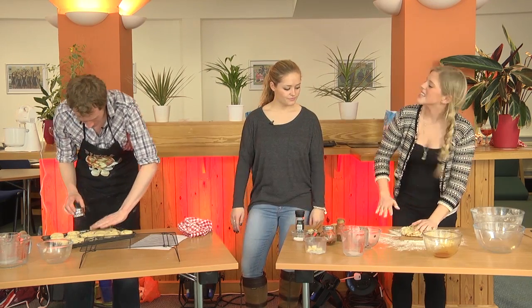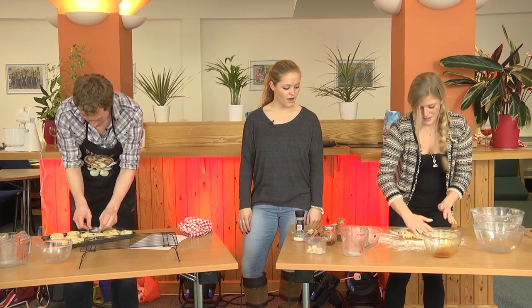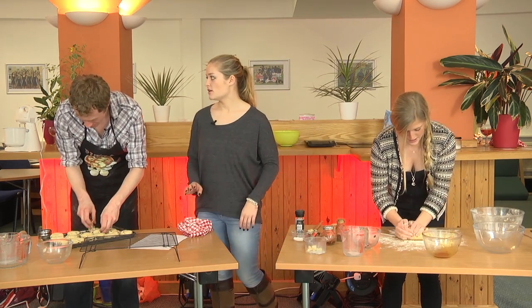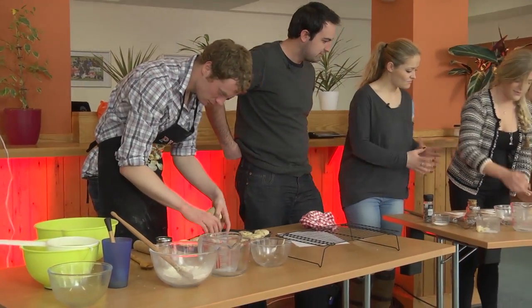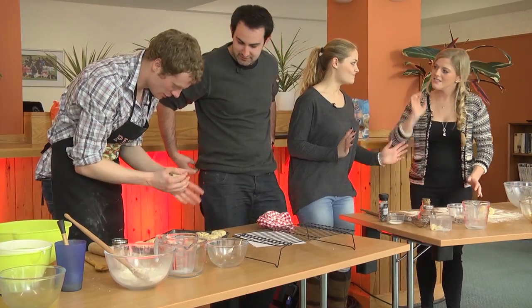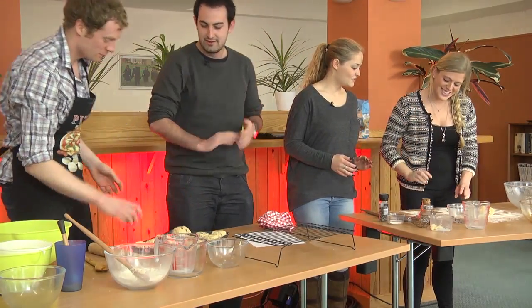These are my three favourite things in a scone. Oh, come in. I've never had a savoury scone before. Have you guys had savoury scones before? No, I've never tried them before. It does look like a really interesting recipe. Can I have a need? Do you want to cut one of these out for me, Richard? Go on then. It seems like we've got...